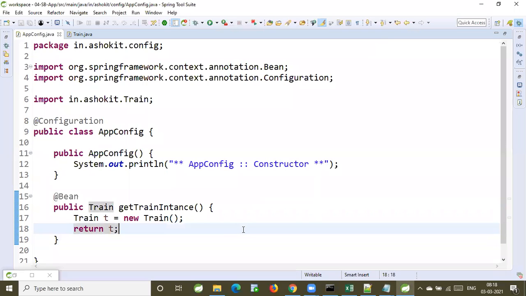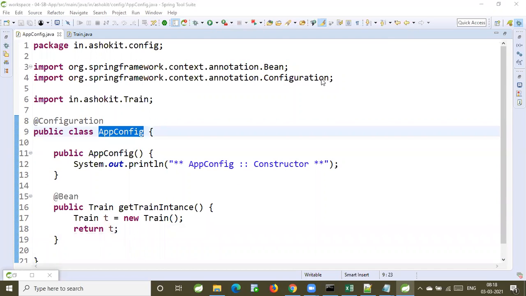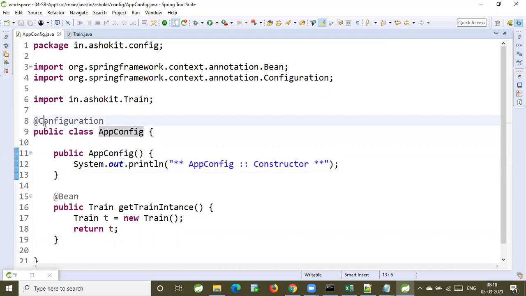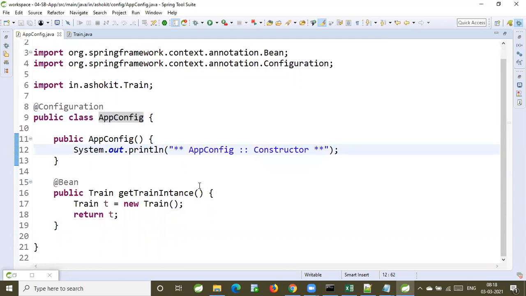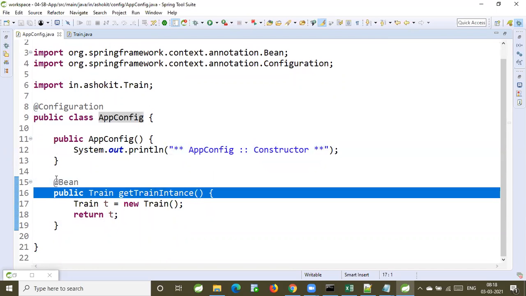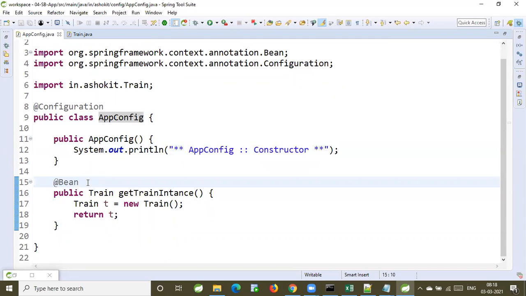All right. Now, app config. Here we have represented our class as a config class. So to represent our class as a config class, we are using @configuration annotation. After that, we are writing a method. For that method, we are giving @bean annotation. It is used to represent it as a bean method. IOC container will call the method. This method is returning an object. That object will be considered as a Spring Bean object.